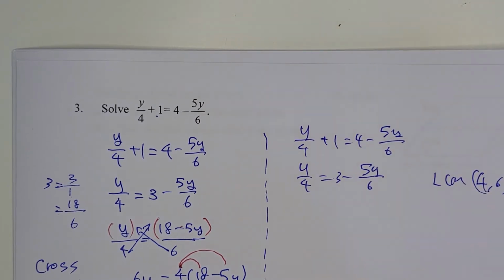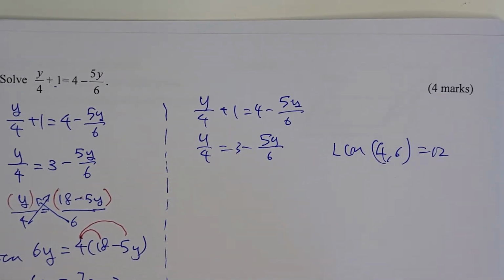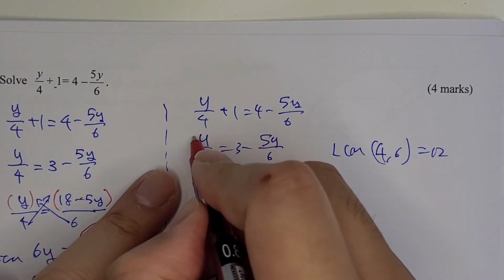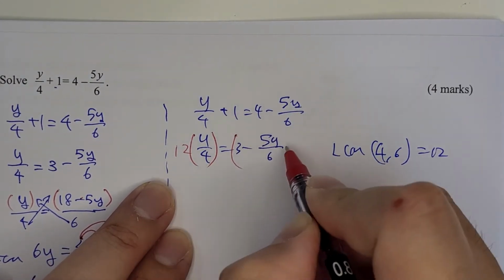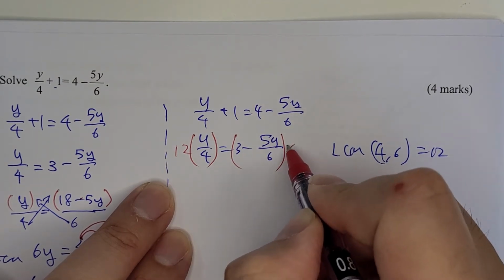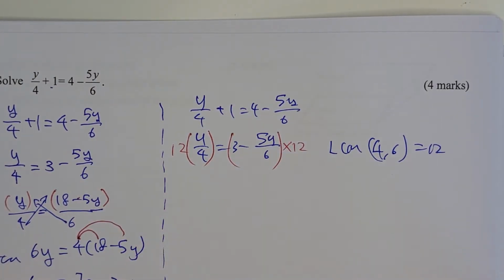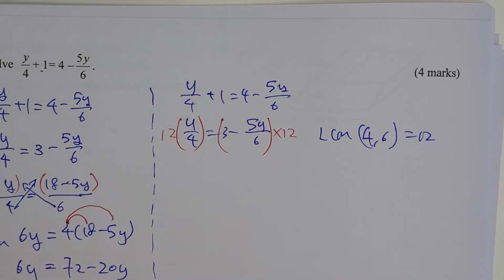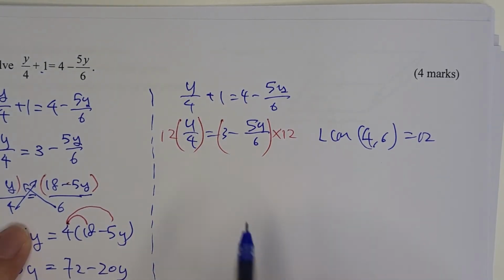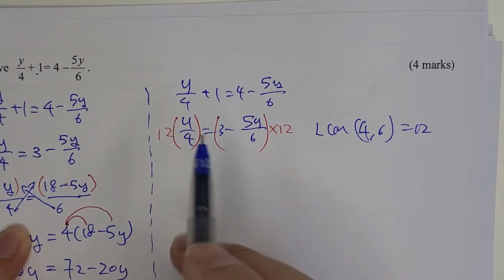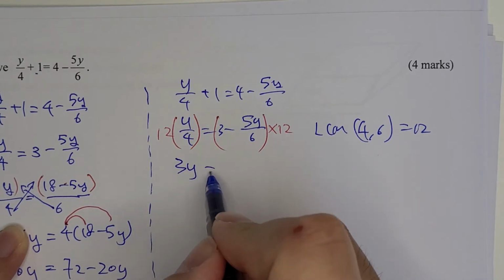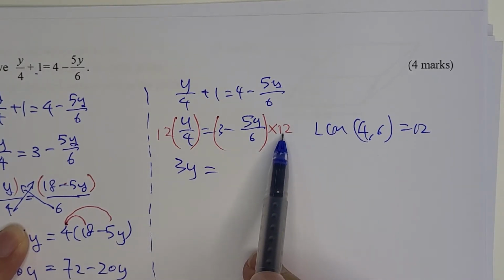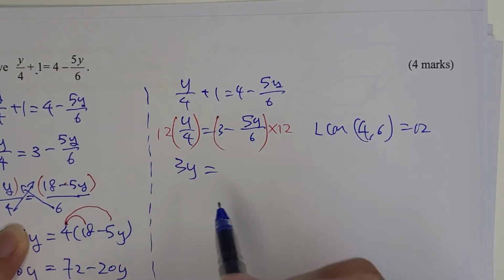That is 12. So for every term, the left hand side of the equation I multiply by 12, and the right hand side I also multiply by 12. Why? Because I can cancel the denominators in one step. So 12 divided by 4 is 3, 3y here